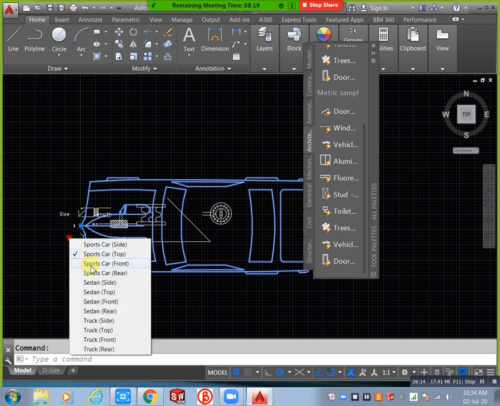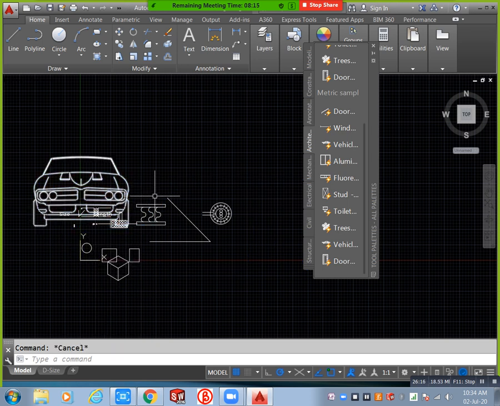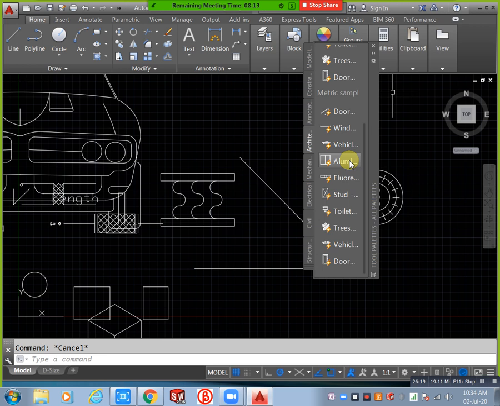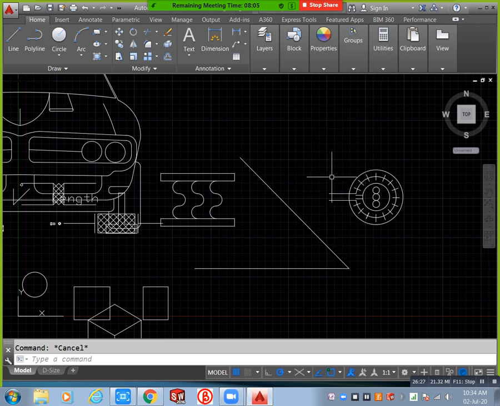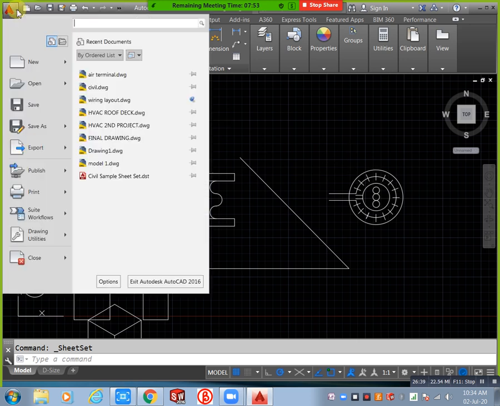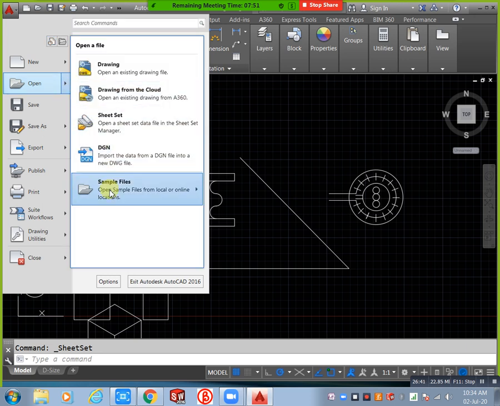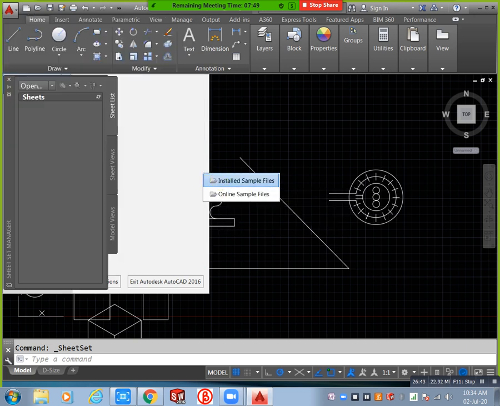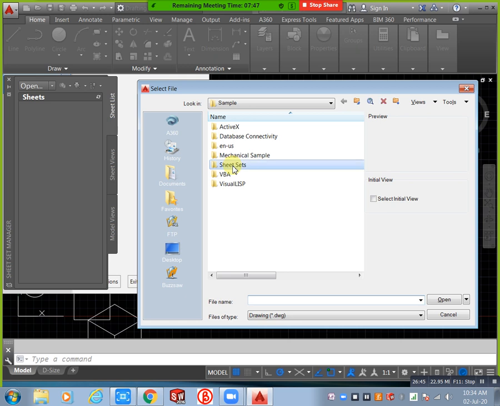Control 4 is nothing but the sheet set manager. Sheet set manager means, for example, if you open some sample files, just you can see here we have open folder and here we have sample files, installed sample files. I need to open sheet sets and manufacturing samples. For example, I don't know about manufacturing. In that condition I need to know how we prepare my drafting. How can we give assembly? How can we give section view? How can we give balloons? How can we give BOM? This all I need. In that condition you can open it. Yes.